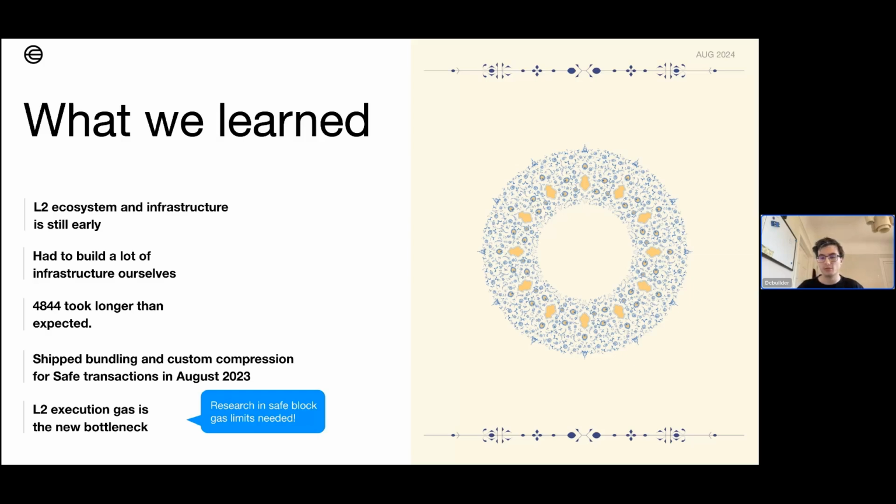There's also a lot of custom transaction work that we've done, with custom compression for Safe smart accounts. And currently, one of the biggest problems that we have is this layer 2 execution gas bottleneck. What this means is that on layer 2s, there's, again, a fixed set of transactions that you can do in a block, and a fixed number of blocks produced per unit of time. Currently on Optimism mainnet, you can do a block every 2 seconds, and each of these blocks has units of gas, with a maximum of 30 million gas per block,